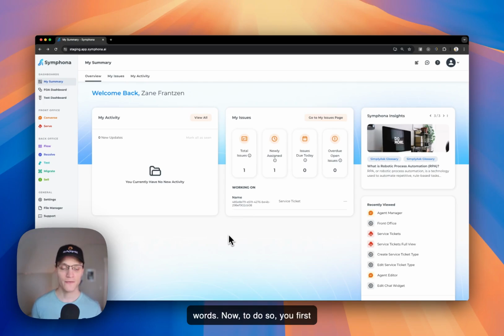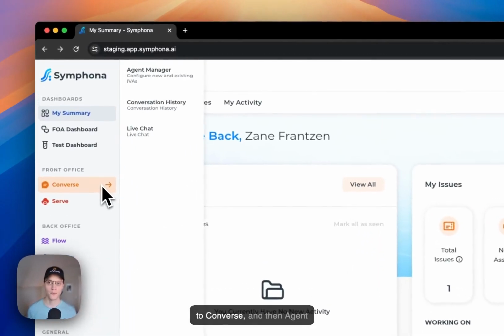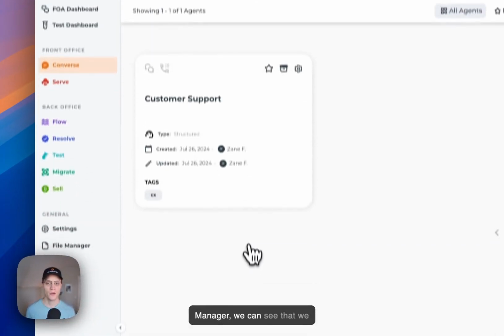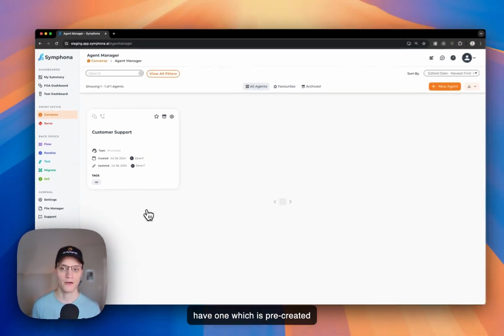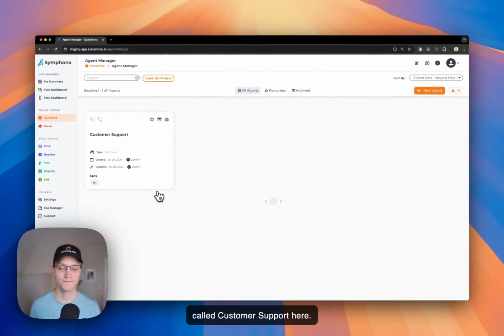Now, to do so, you first have to have an agent configured. In our case, if we go to Converse and then Agent Manager, we can see that we have one which is pre-created called Customer Support here. Now, these same directions apply for both structured and generative agents, so you can follow along no matter what type